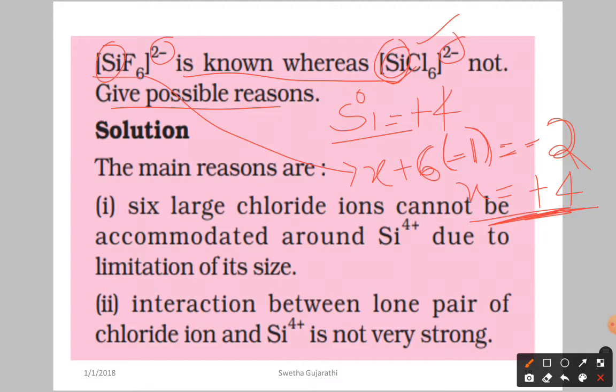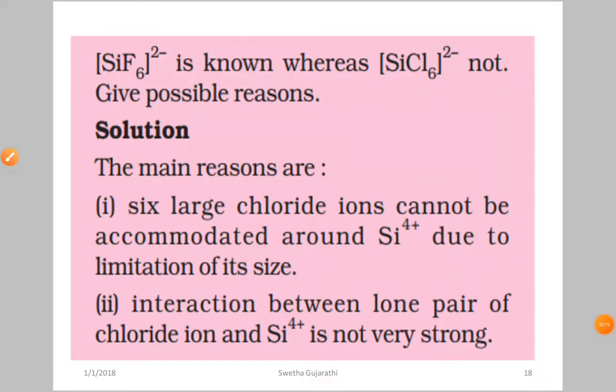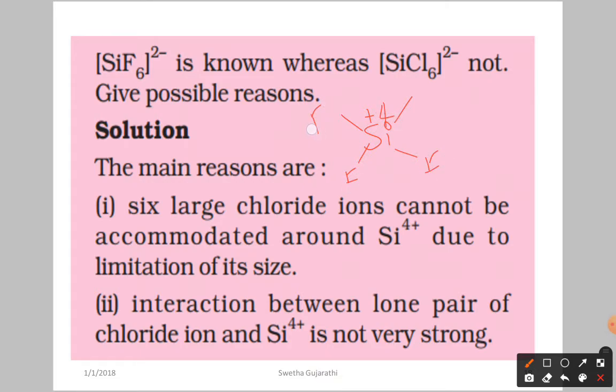And as you know very well, the maximum oxidation number is equal to the group number, which is nothing but the sum of the electrons in ns2 and np2. So +4 is the maximum. Here silicon is in the +4 oxidation state. Now what is the question here? In both, silicon is in the +4 oxidation state, isn't it? So you can see that this complex is going to exist, but not with chlorine.